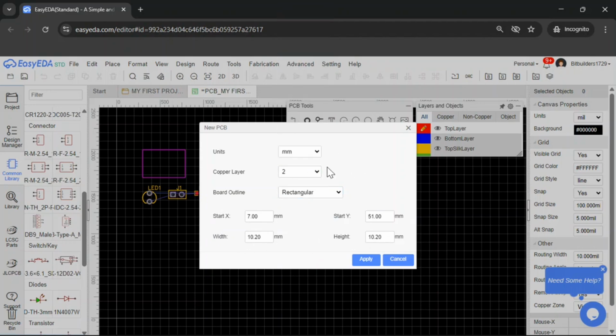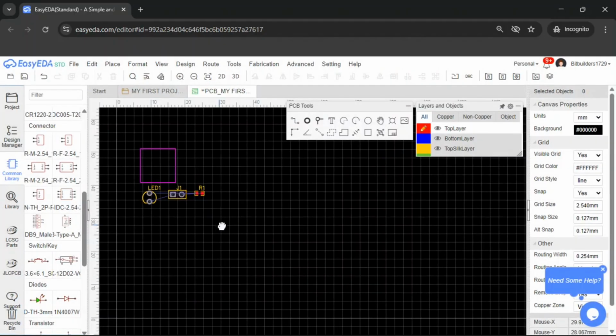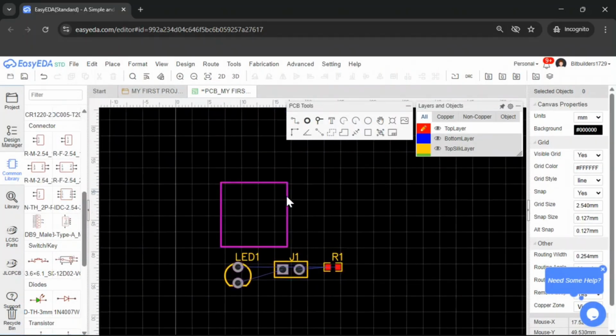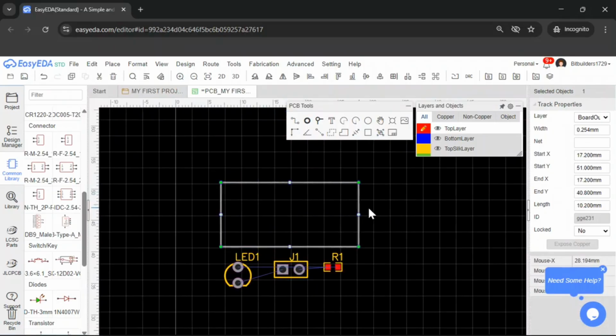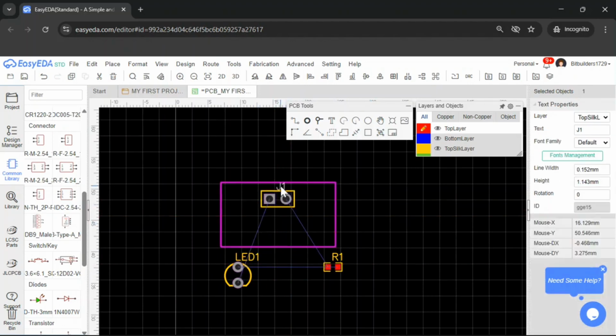Currently this software doesn't support single layer, so we have to use 2-layer copper also, but during fabrication we can manage it. Okay, so all the units will be measured in millimeter. You can change it to another unit also. Then after applying here, you will get a defined outline. You can also enlarge it or decrease the width of the particular board. So after that, we have to place the components here,